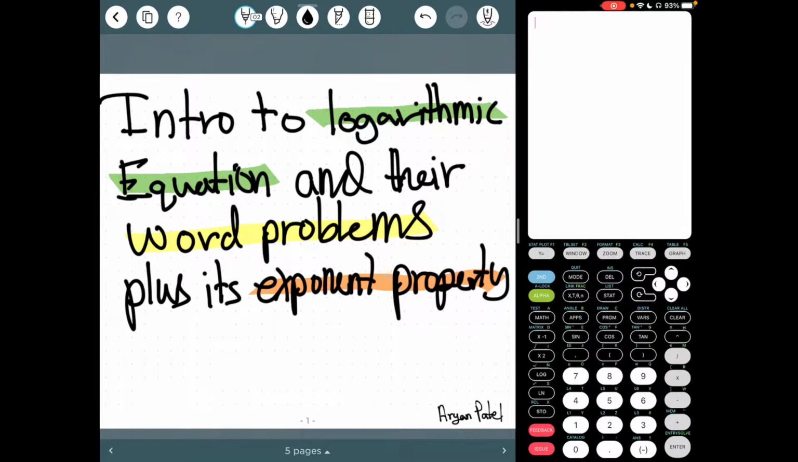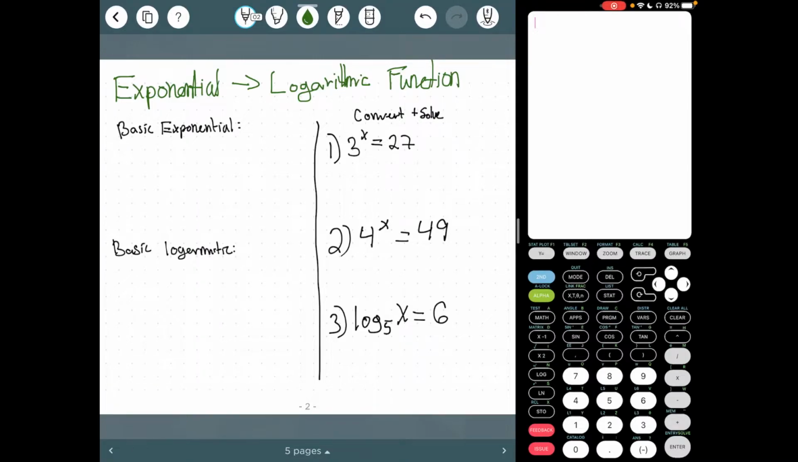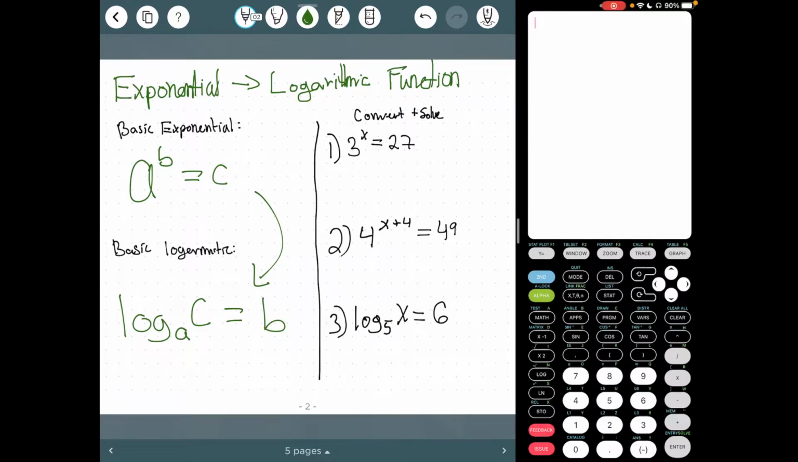This video is an intro to logarithmic equations, its word problems, and its exponent property. To get started, the basic exponential equation is a to the power of b equals c. Now, we just convert this to log form, which is log a of c, which equals b. So this log form allows us to solve those equations in which the variable is in the exponent of the